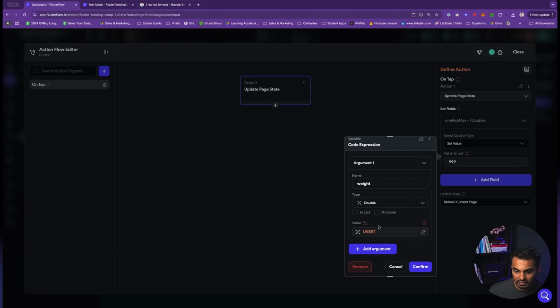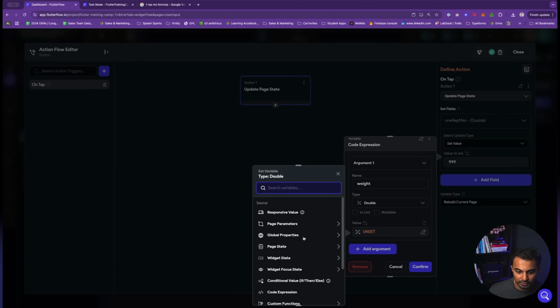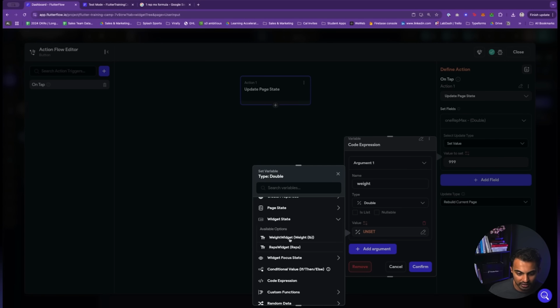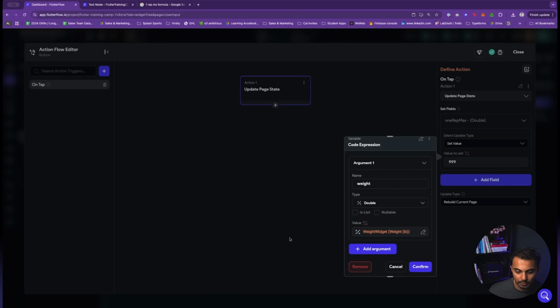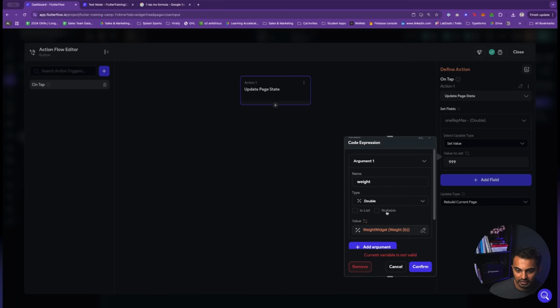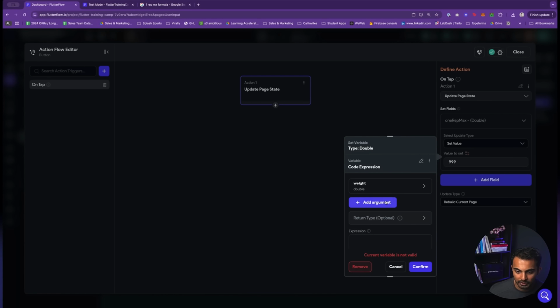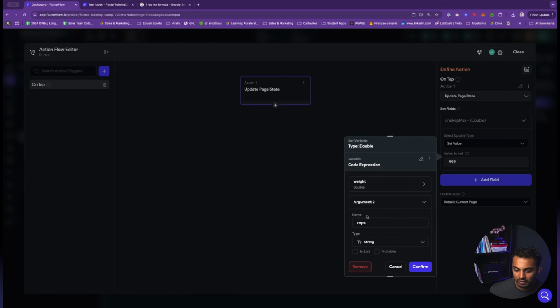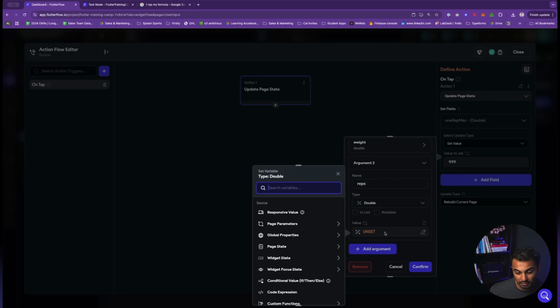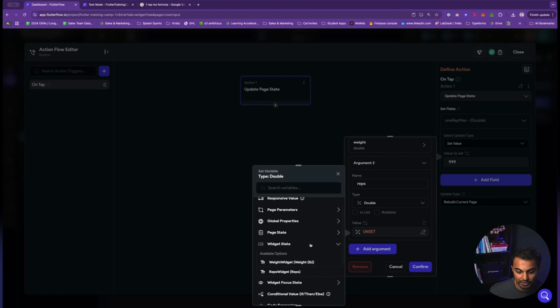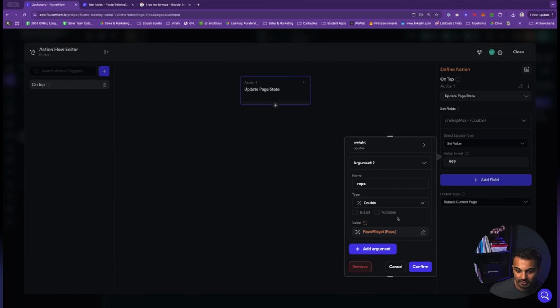It's going to be a double. The value is going to be the widget state, and we are going to get the weight widget input value and hit confirm. Oops, sorry. Yep, that. Then we're going to add another argument, and we're going to call this reps. Okay, we're going to say that this is a double as well because there might be decimals, and we'll set this to widget state reps.